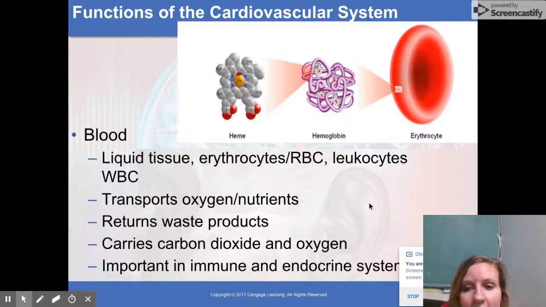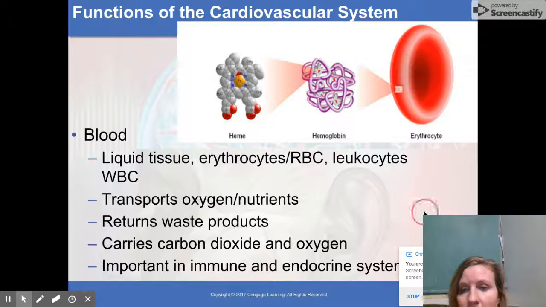Okay, so looking at the blood cell, we call it an erythrocyte. So red blood cells are the primary ones. Then we also have the white blood cells that are in the vessels, in the arteries, but they're really more part of the immune system than they are part of the cardiovascular system. Right? Breaking down a red blood cell, its main job is to carry oxygen. The way it does that is using hemoglobin. So this is a very complex protein. Within that protein, it has smaller parts. One of the smaller parts is the heme, which actually has the iron in it, which is what the oxygen is binding to. All right. Along with the erythrocytes in the blood, there are other things in the liquid, such as sugars and